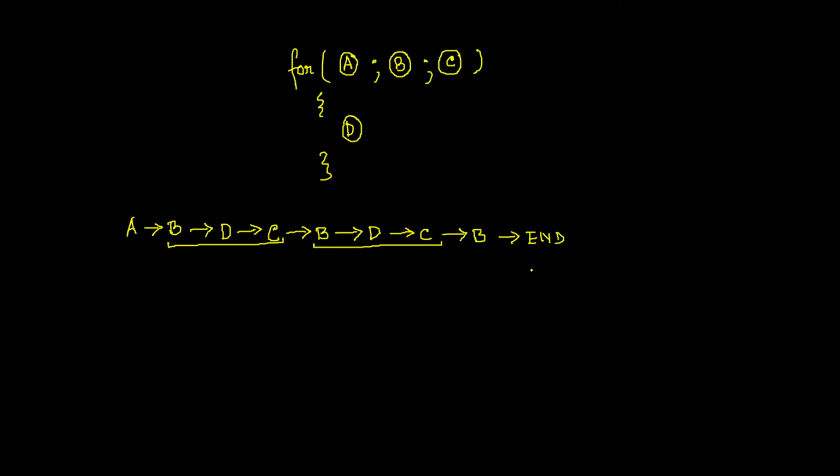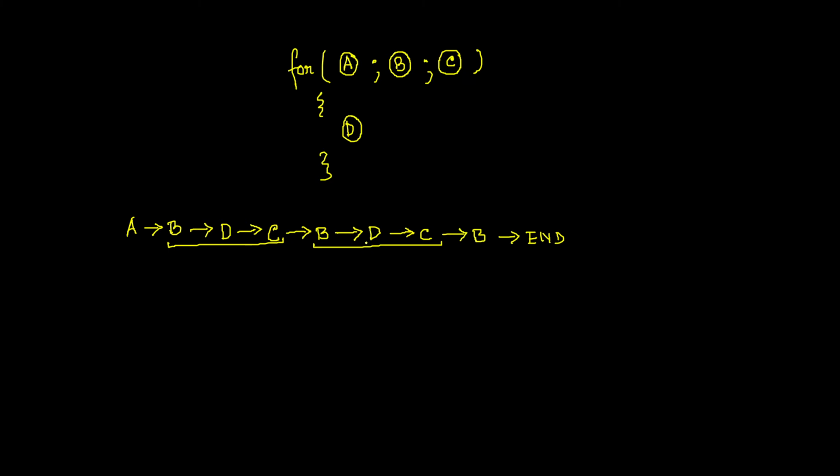Now my point is that always treat these four parts, A, B, C, D, as individual statements in the for loop. What I'm trying to say is that there is no relationship between the A and B part and the C part and D part. This is just an order of execution. Whatever you have written in A is executed first, then B, then D, then C, and then again B, then again D. So this is an order.